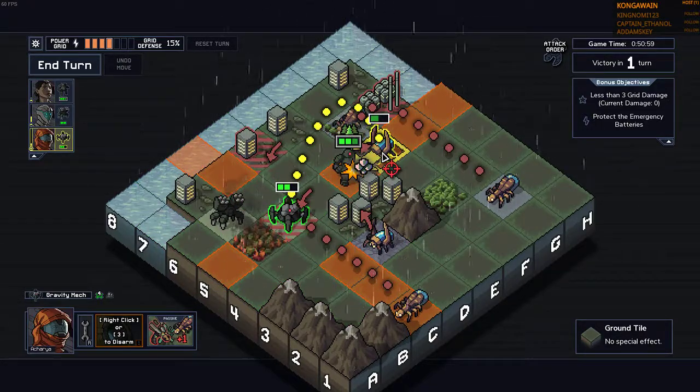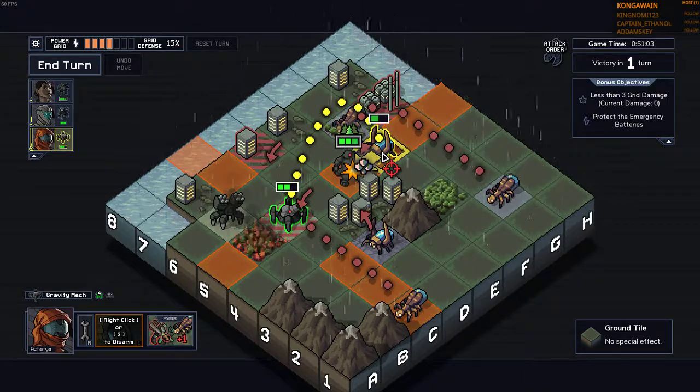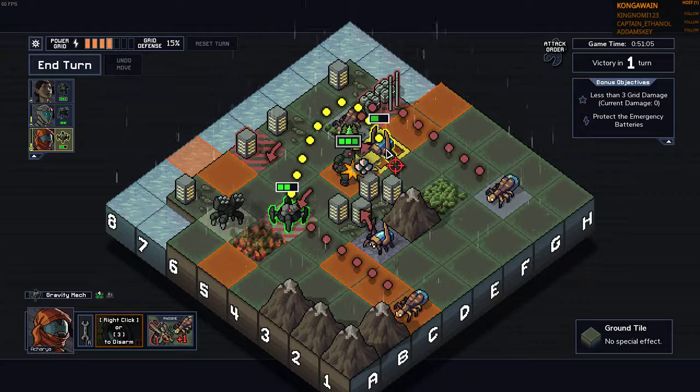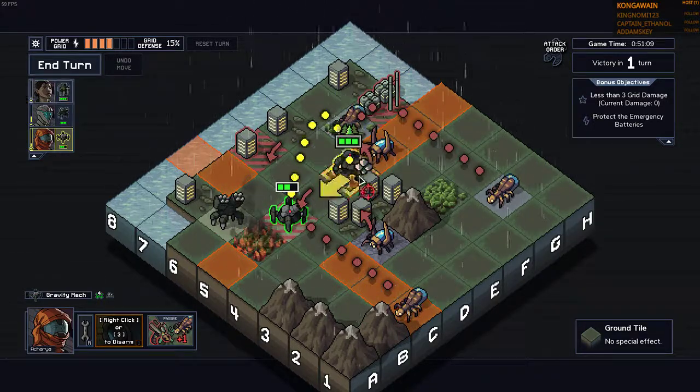Armor does not protect against bump damage. It's something we have to keep in mind as well. I don't see another solution that would work, because we need to get this guy in the way over there, so...